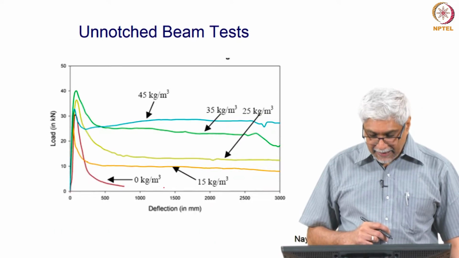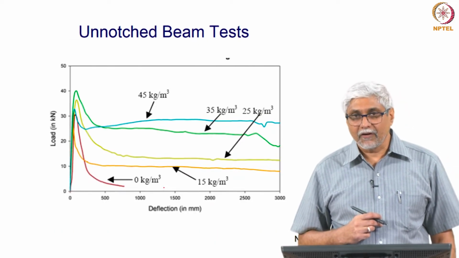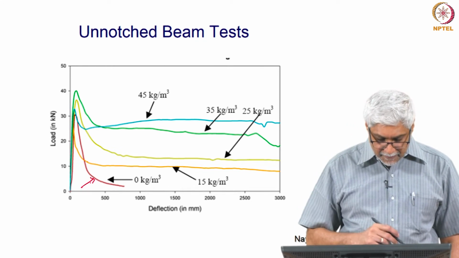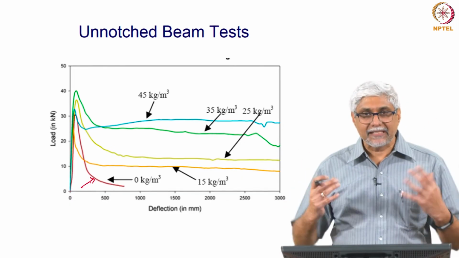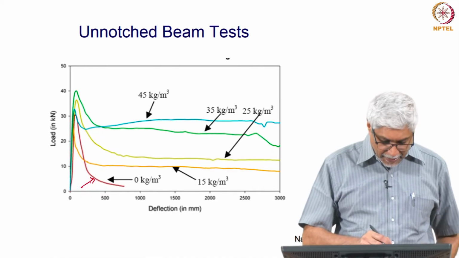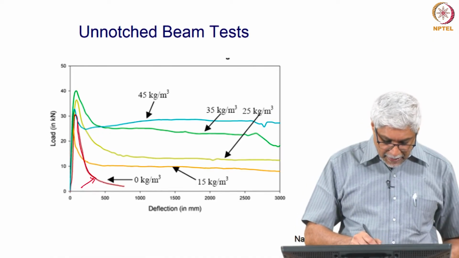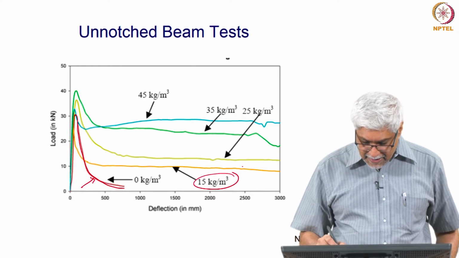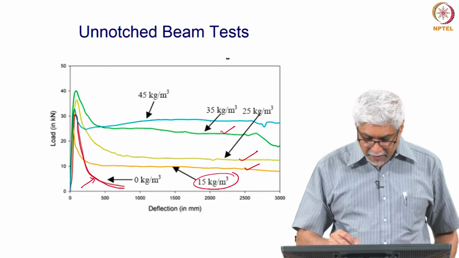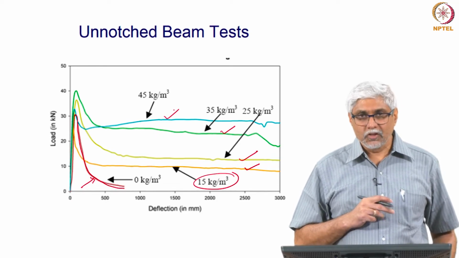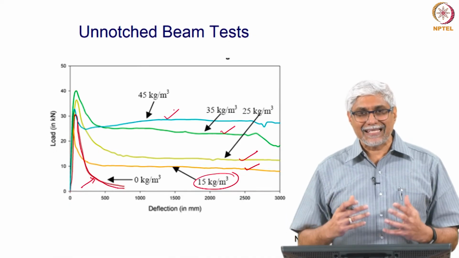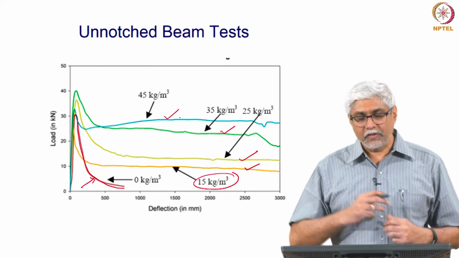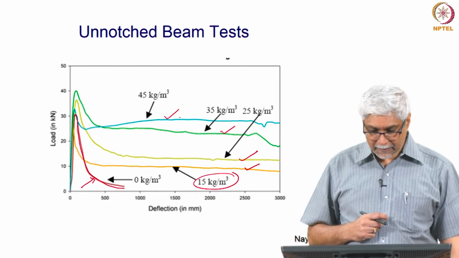Why would we do something like that? If we want to find out how the behavior of steel fiber reinforced concrete is. This is a beam without any fibers. Normally in a modulus of rupture test you get sudden failure, and if you control it right you get a stable curve, you get a post peak as this. This same post peak now with 15 kilograms of fibers becomes this, 25 kilograms, 35 kilograms and 45 kilograms of steel fibers. So, once you can do this test properly, we can assess how much of fibers we should get to get a certain stress after cracking, which we can use in design of pavements and other structures.